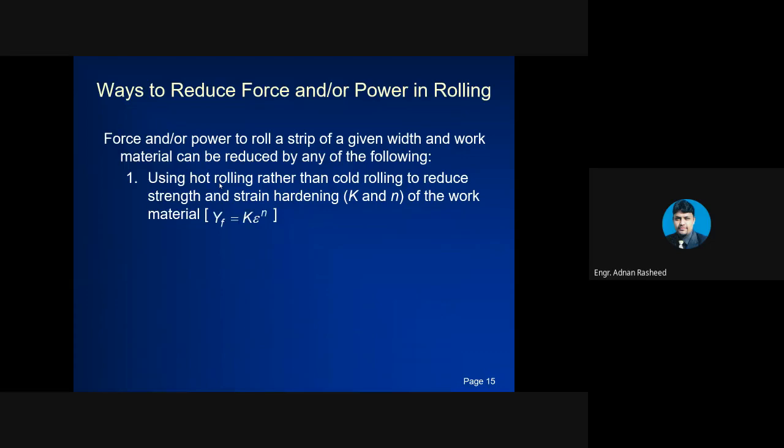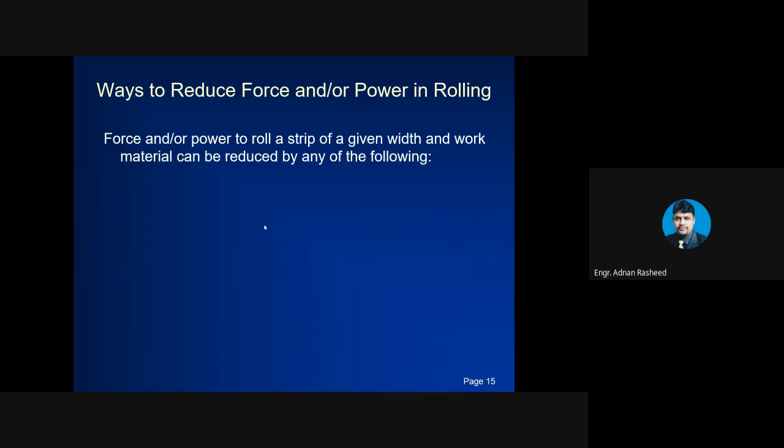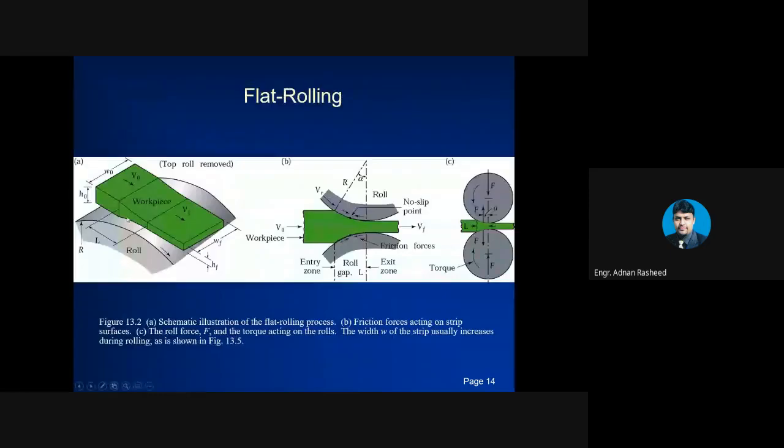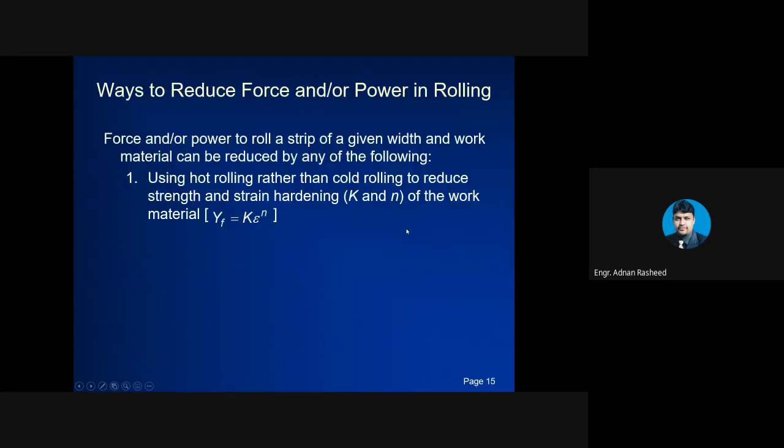That is the equation, flow stress YF is equal to K times epsilon to the power n. Second, reducing the drop in each pass. If you reduce the amount of thickness, you can see that if you have multiple passes, instead of reducing the thickness in a single pass, which will require high stresses or forces, instead of going to a single pass to achieve the final thickness, you have to pass it in multiple steps. In this way you can also reduce the